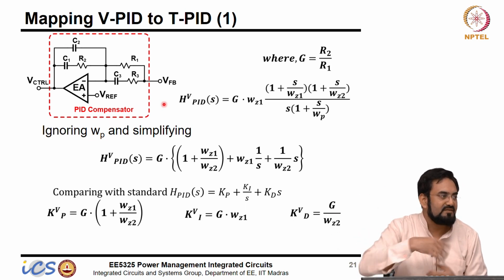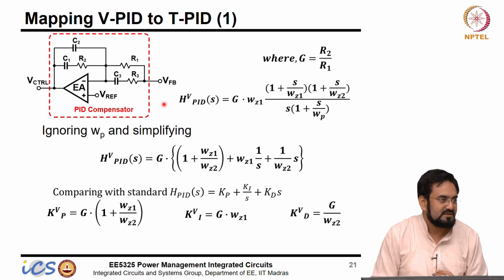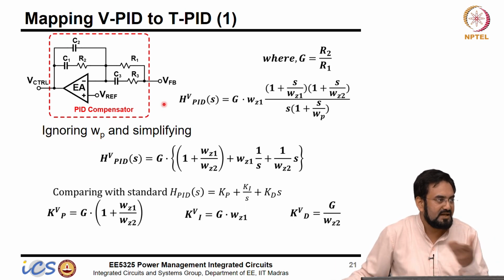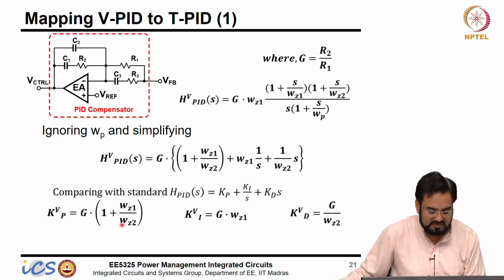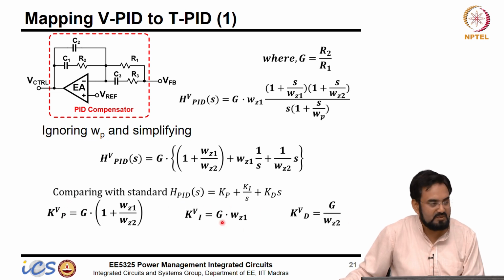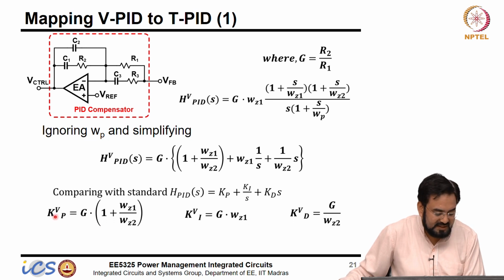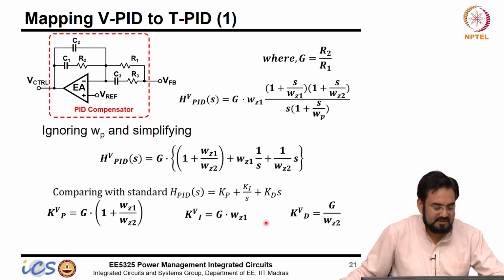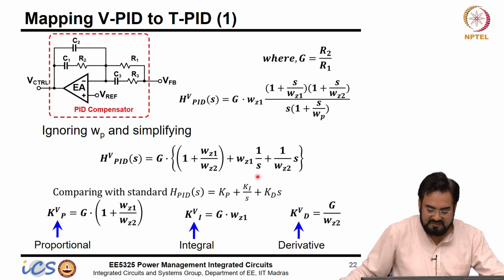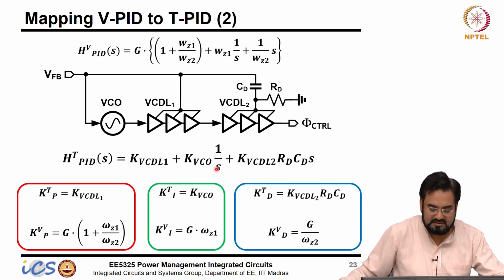Those zeros can get converted, and we know how to convert them, to the proportional, integral and derivative components. If you remember, this was the equation we came up with earlier. Once we know those zeros, we can easily calculate Kp, Ki, Kd, and I think we discussed how to break this into those three components. You have to basically ignore the pole and divide by S, so you can get all three terms Ki, Kp and Kd.